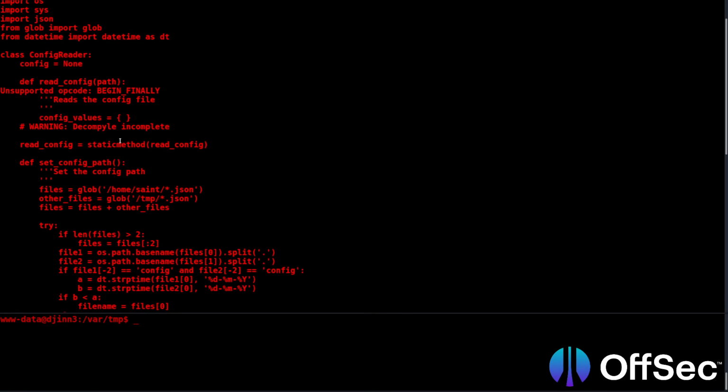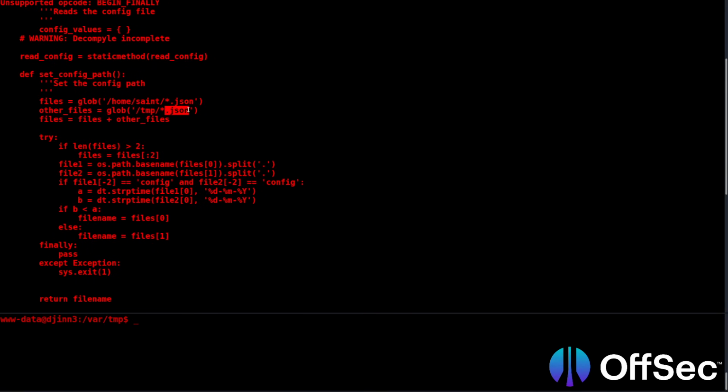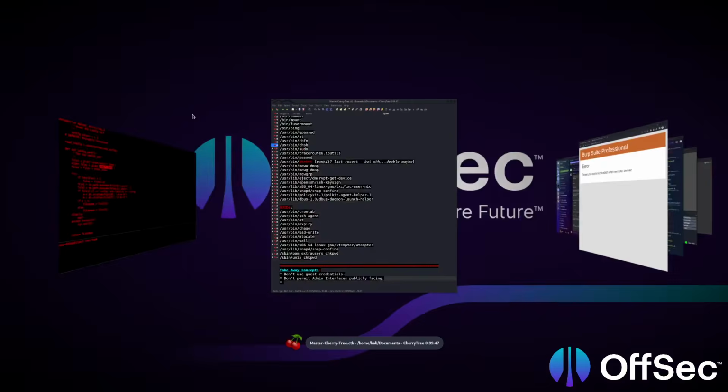Any variables hard-coded? Files, glob. Okay. So anything out of Saint's star.json, anything star.json is being executed, but I see something more evil. I see something more evil, more nefarious. Can anybody see where this might be going? Anything json.json out of, that's an asterisk, baby, out of a world writable directory, and that's going immediately in the